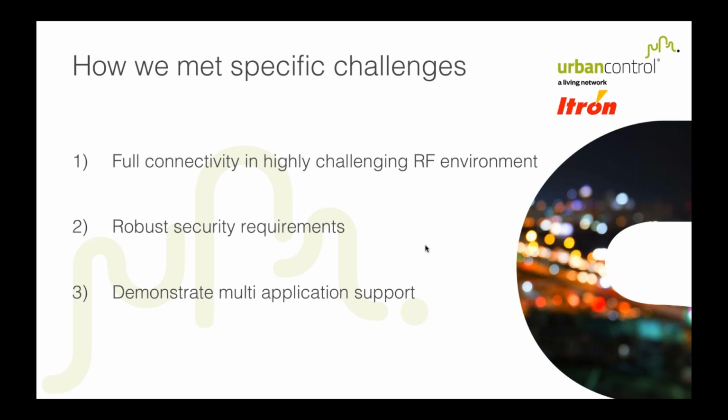Today I was going to drill down into some of the areas that have been touched on already, just to look at how we helped collaborate with the city and with Urban Control to address some of these specific challenges that we saw in the City of London. So as Andy very clearly outlined earlier,